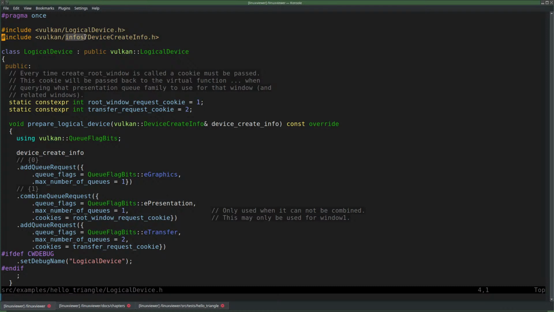Why would I have to include this with an Infos in front of it? It's override. I guess that device create info is just forward declared in logical device. So I have to include it here.